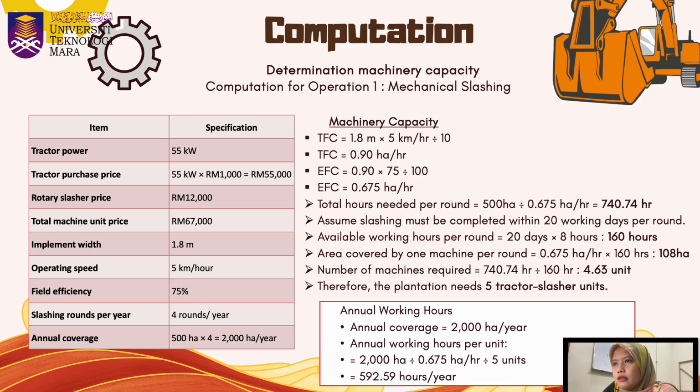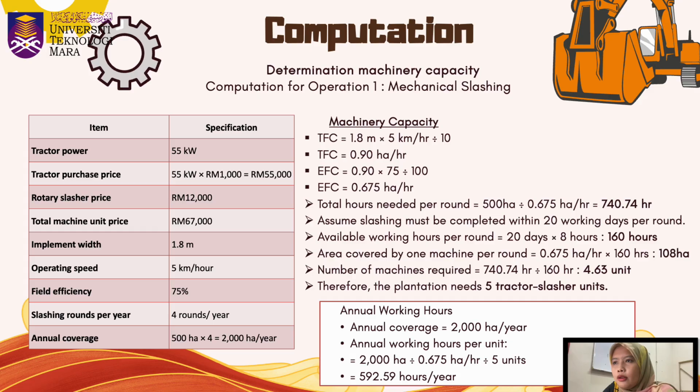We calculate the theoretical field capacity, TFC, at 0.90 hectare per hour and the effective field capacity, EFC, at 0.675 hectare per hour. With 4 slashing rounds required annually, our total yearly coverage comes to 2,000 hectares. To ensure field operations are completed within a strict timeline of 20 working days per round, assuming an 8 hour workday,